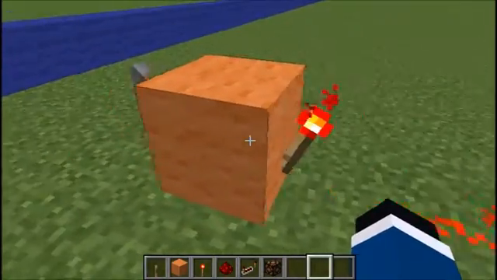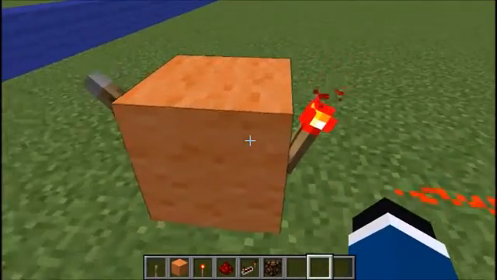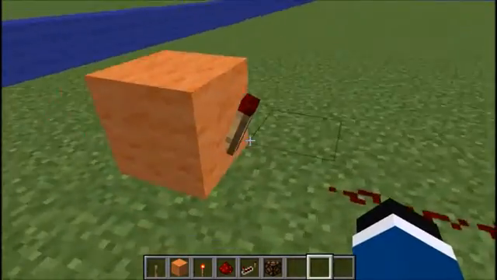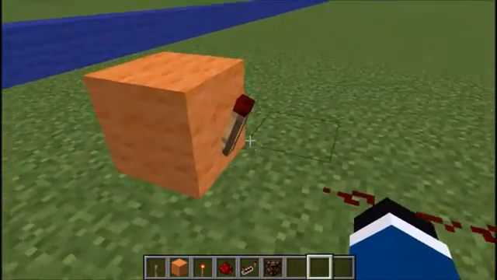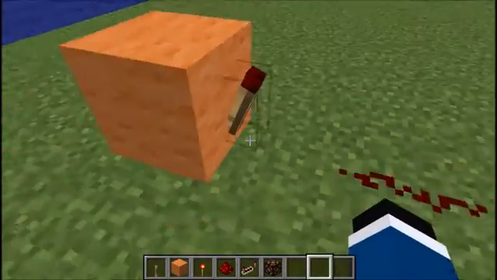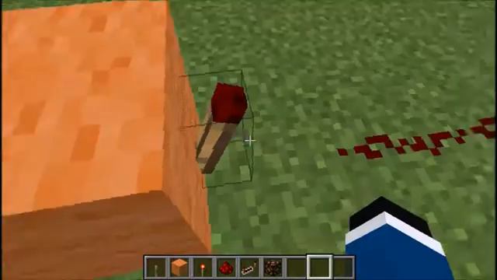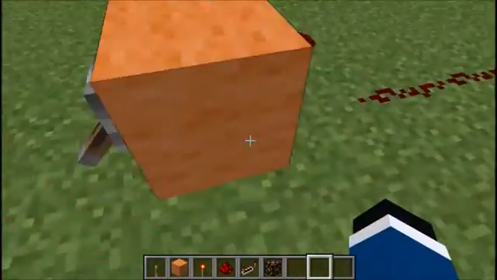And since it's attached to this block, it receives power from this block. So what happens when we power the block? When we power the block, it turns off the redstone torch because it flips it from its default. And so the redstone torch stops sending power, which means the output is off, even though we just turned the